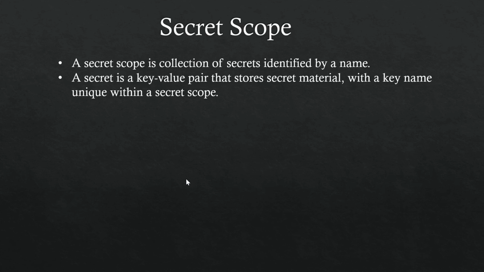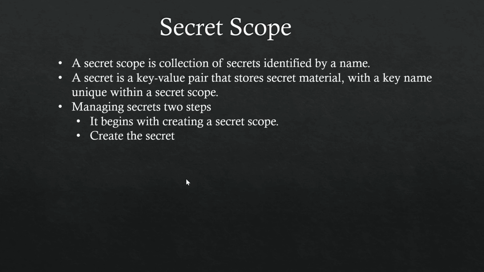So that's why it's needed for creation of secrets, because in the code it's not a best practice to actually show the authentication code or your passwords. For managing the secrets, there are two things that you will require. First, you have to create a secret scope. After creation of the secret scope, you can define your secrets. The secrets will be again in key value pairs like a dictionary. So you will mention your secret name and its value, that is your authentication key, that will correspond to that particular key of the secret.